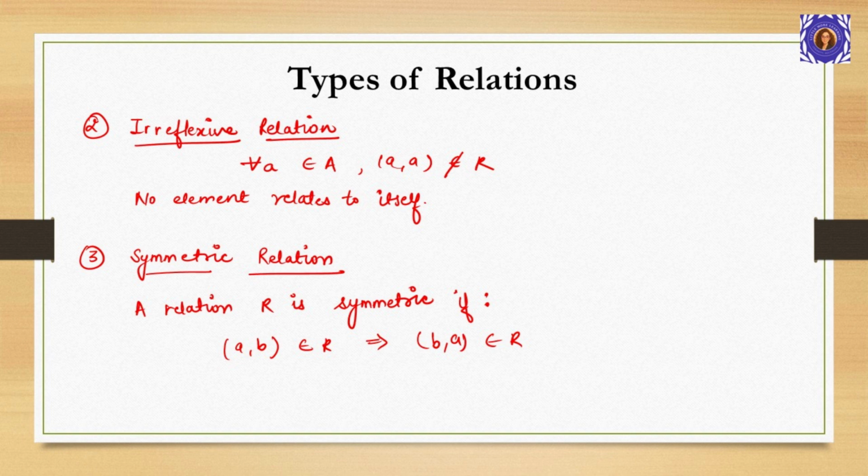Next, let's examine symmetric relations. A relation R is symmetric if whenever a is related to b, then b is also related to a. The classic example is friendship in a social network. If Alice is a friend of Bob, then Bob is a friend of Alice. In our mathematical notation, R = {(1,2), (2,1)} is symmetric because the relation works both ways. Visually, in a directed graph, symmetry means that arrows come in pairs. Every arrow from vertex a to vertex b is accompanied by an arrow from b back to a.